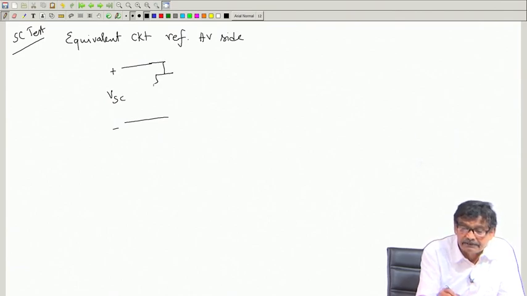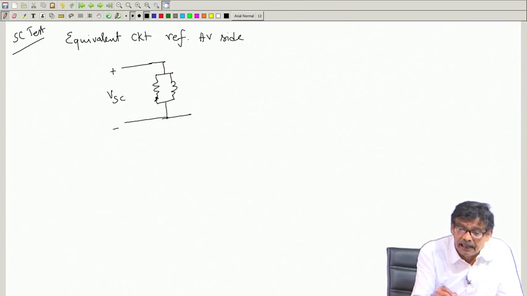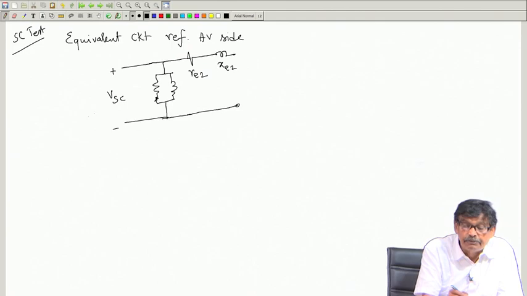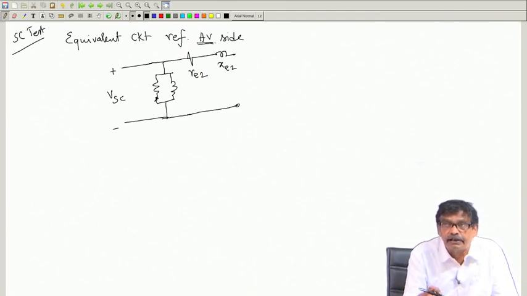branch will be there, is it not? This will be the parallel branch, and then you have, if on the HV side I denote it by RE2 and XE2, this will be it. I have energized the transformer from the HV side, mind you. On the LV side a load is connected.